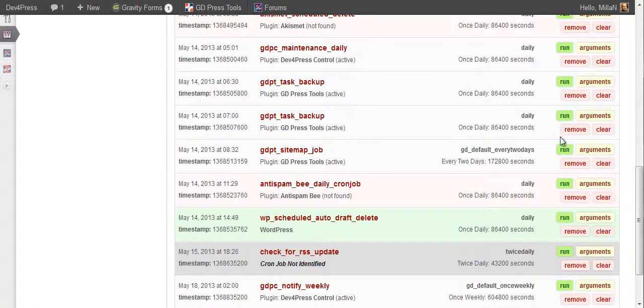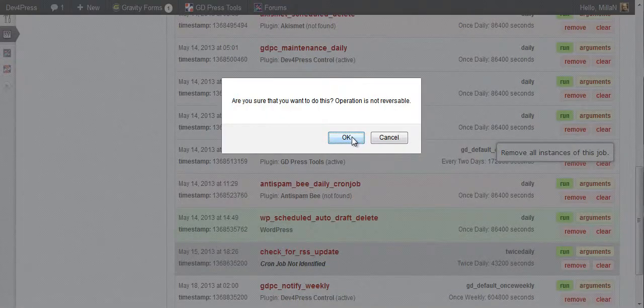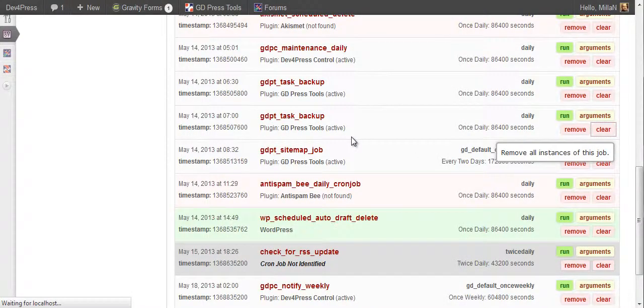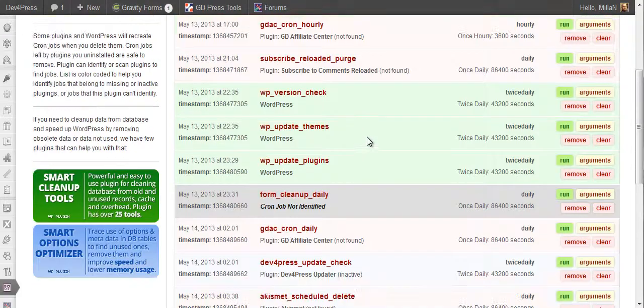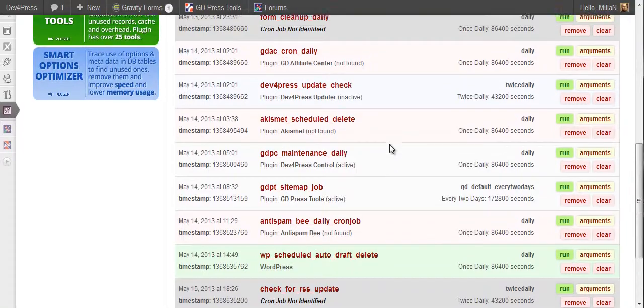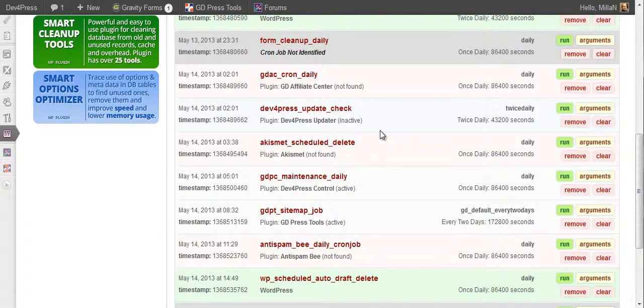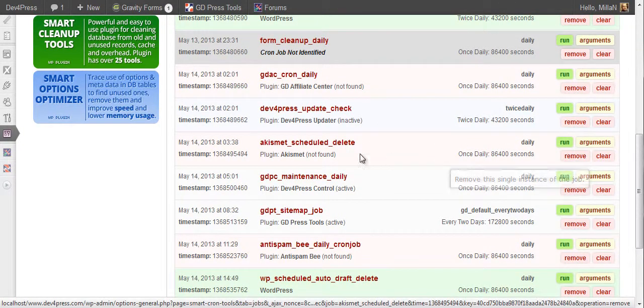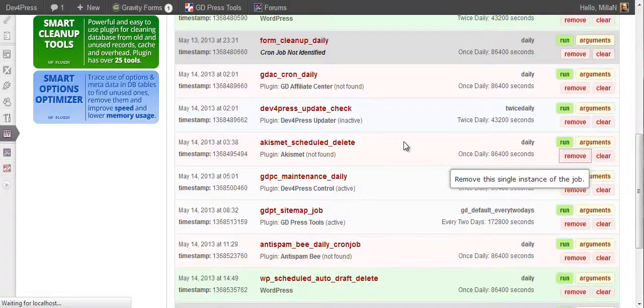So if we click clear, both instances of this job will be removed. So let's see, task backup, clear, okay, and there are no more task backup jobs. If you want to remove a single one, let's remove this one belonging to Akismet.